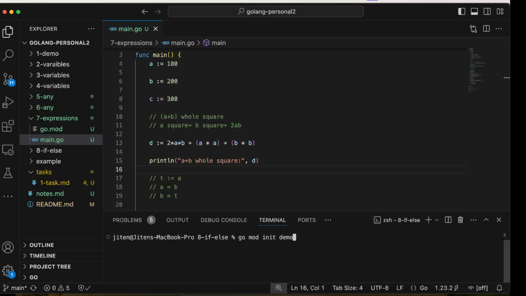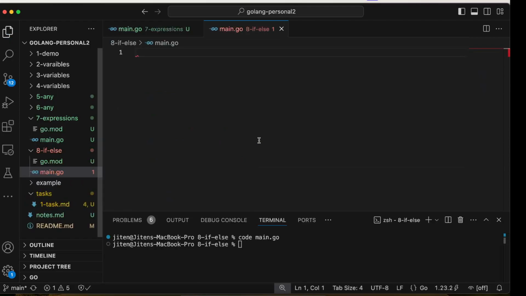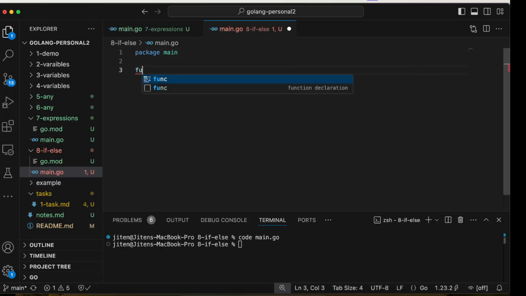Go mod init demo. Code main.go. Here, package main, function main. One thing in Go,